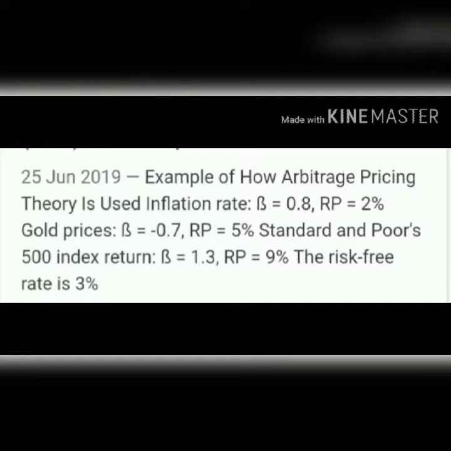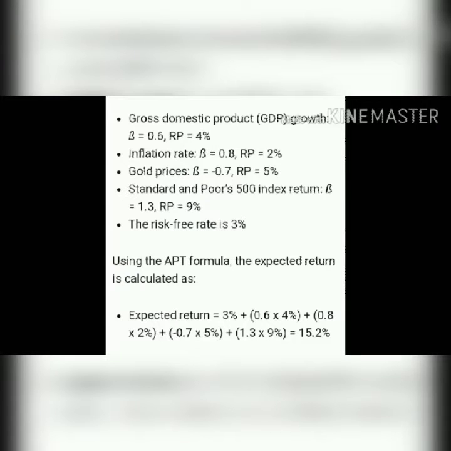Example of APT. The following four factors have been identified as explaining stock return and its sensitivity to each factor, and the risk premium associated with each factor has been calculated. First, the gross domestic product or GDP growth sensitivity equals 0.6, risk premium is equal to 4%, the inflation rate